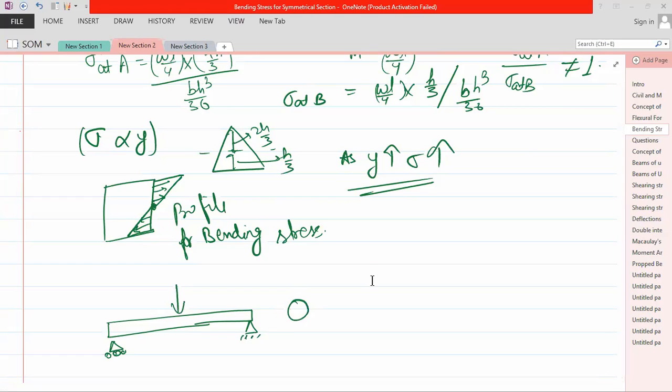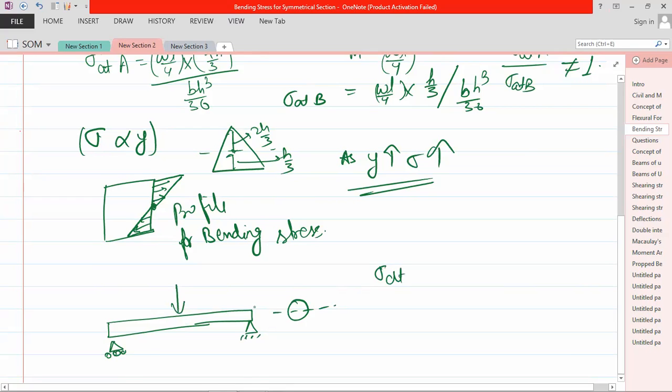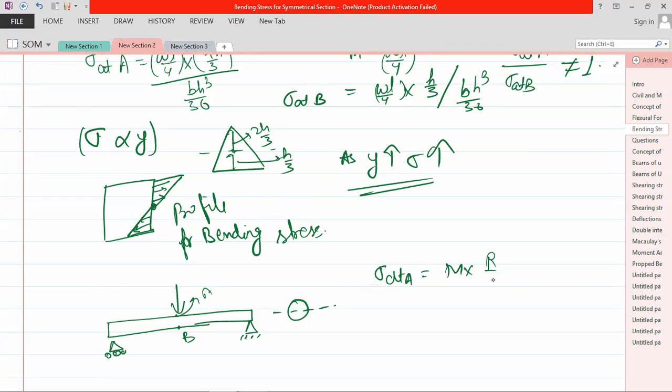Okay, now for the circle that I want to write. For the circle, this is a regular section, so the neutral axis is acting. Now sigma at point A. Suppose this is point A and this is point B. Sigma at point A would be M into what is the value of y? It is d by 2, upon